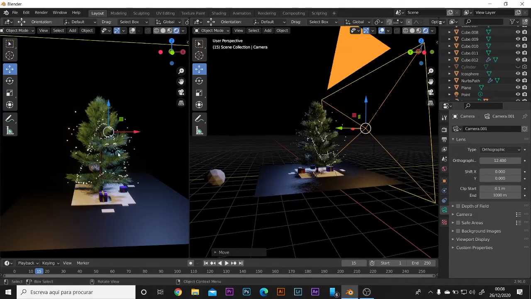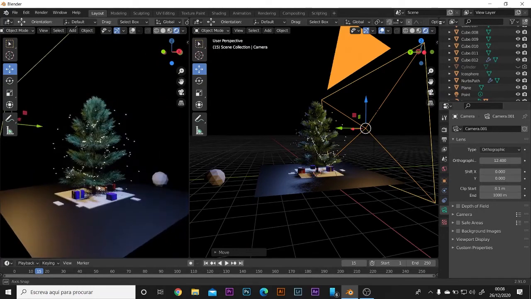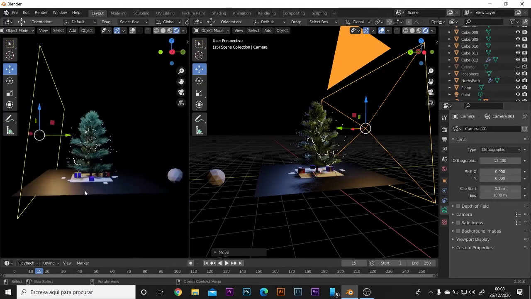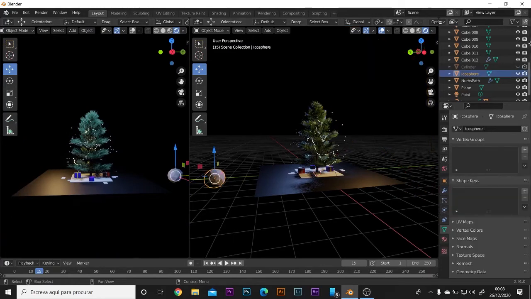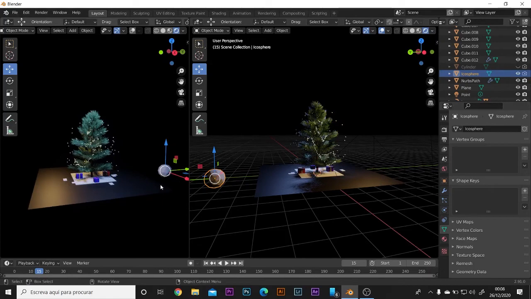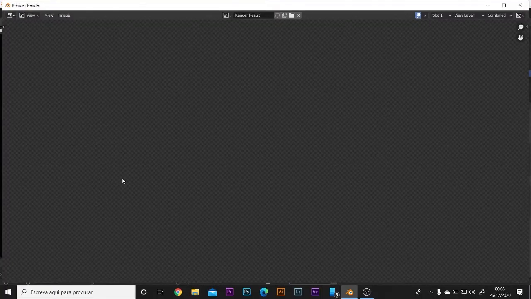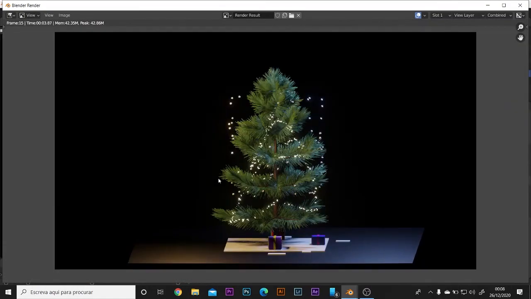Yes. So right now we have our scene created. I think it's really cool and really simple. First of all, we just need to go to this icosphere and deactivate this, disable in renders, so when we render it, this will not show. Okay. And now we just need to press F12, and now we are rendering our image, and right here we have our image and our environment created. Okay guys,